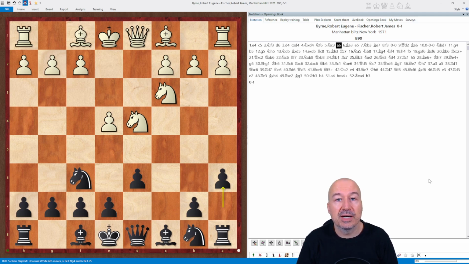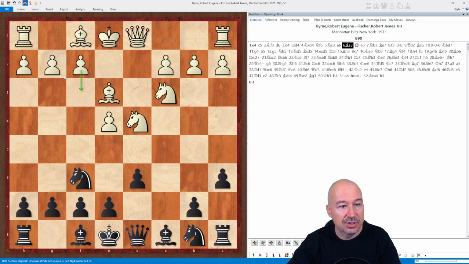The Najdorf has been my number one opening for many years, and especially in the 90s I was playing only the Najdorf. So in that time the English attack was all the rage. So bishop e3 with the idea of f3, g4, g5, queen d2, long castle and so on. Everybody was playing this. So when thinking which line to choose, I employed one method,